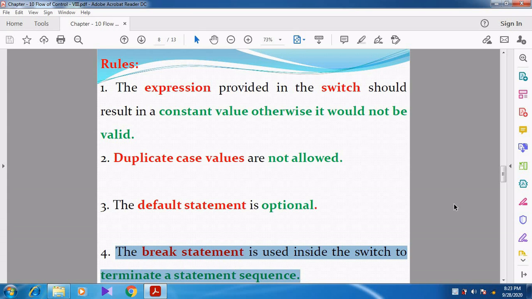So what is the meaning of the word break? Break, in the sense that we are going to terminate the statement sequence after executing some statements. After executing some statements, we are going out of the switch statement. So for that purpose, the sequence is